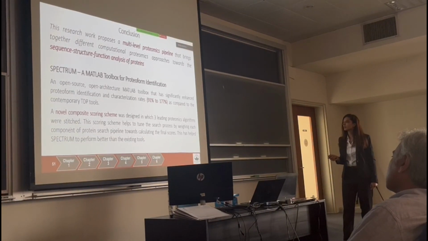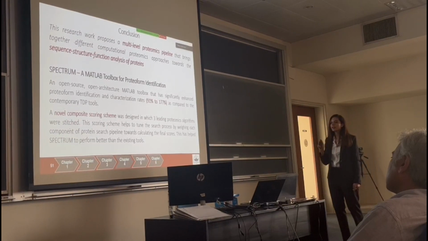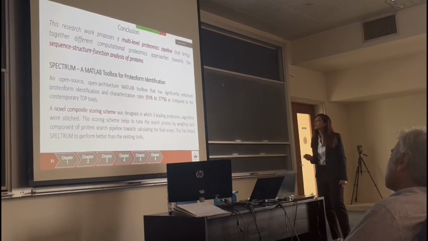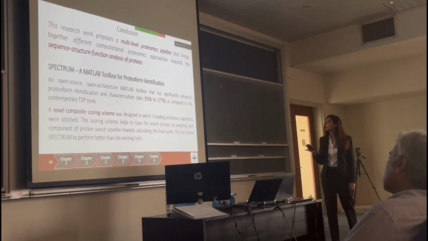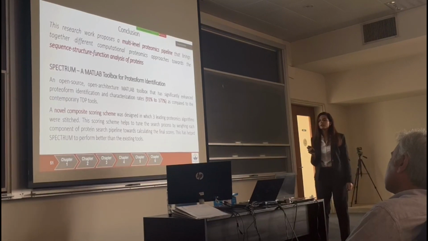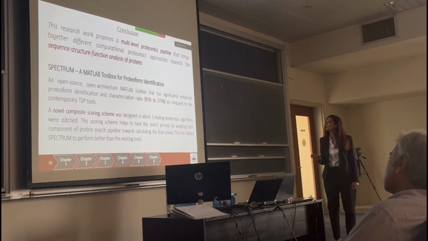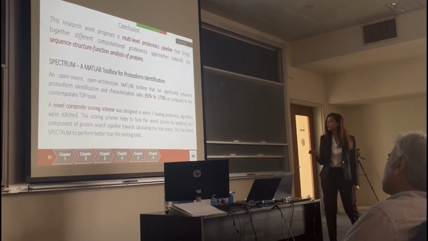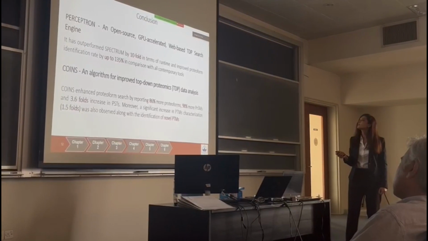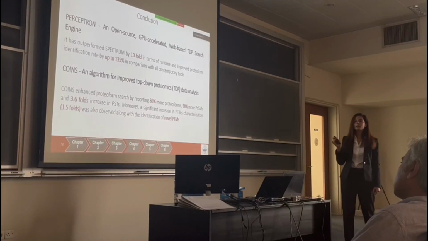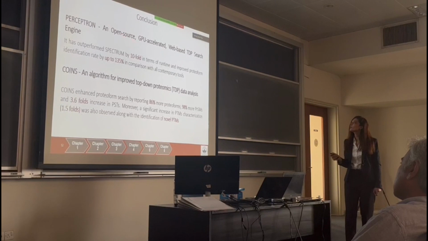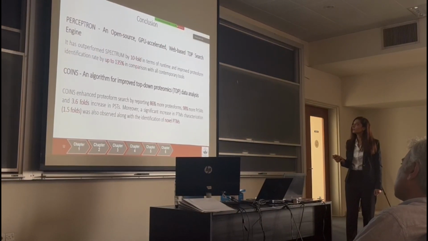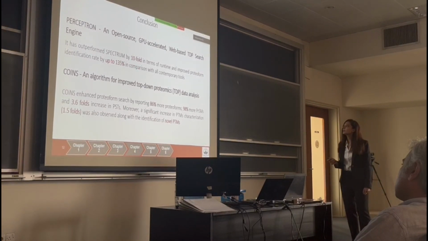This is a novel composite scoring scheme which has been designed for 3 leading proteomics algorithms, and the scoring scheme helps to tune the process based on the filtering and weighing of each of these component scores. This has helped Spectrum to perform better in comparison to the existing tools. Next, we have developed a platform, which is an open source, GPU-accelerated TDP search engine. It has outperformed even Spectrum by 10-fold in terms of runtime and identified up to 135% more proteins in comparison